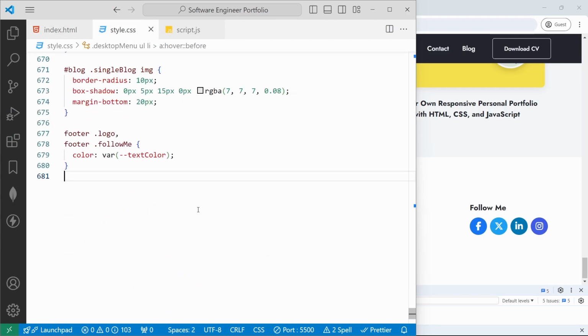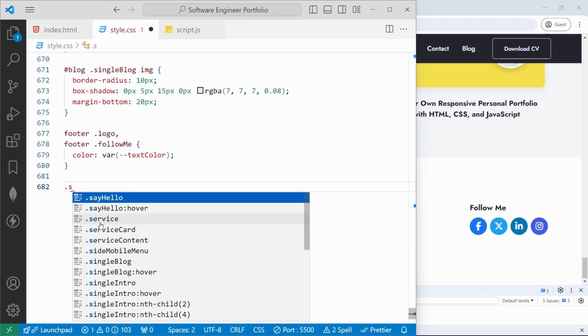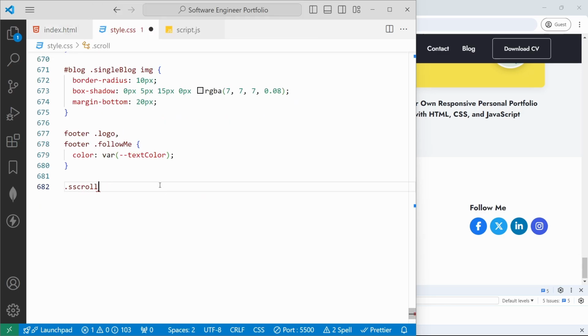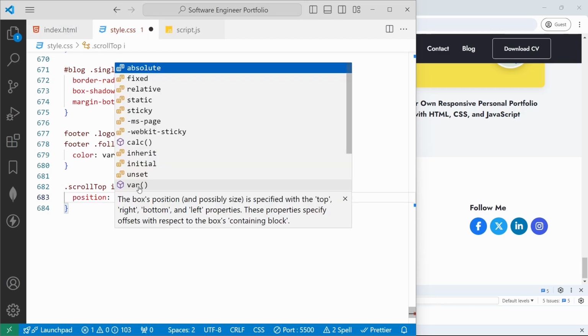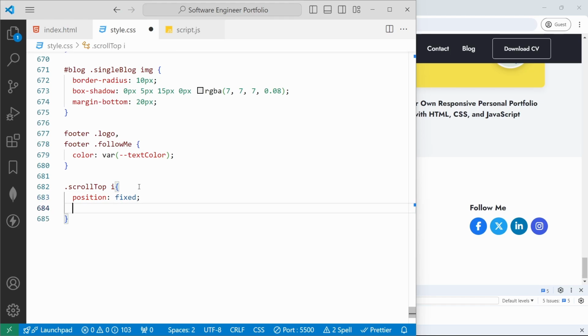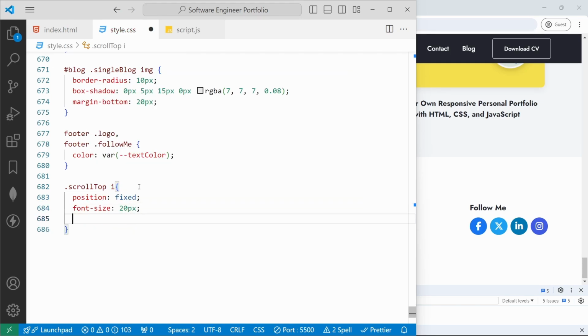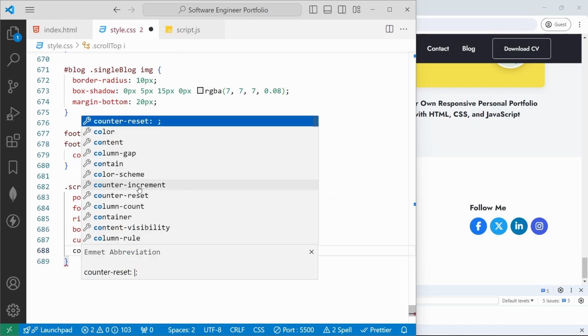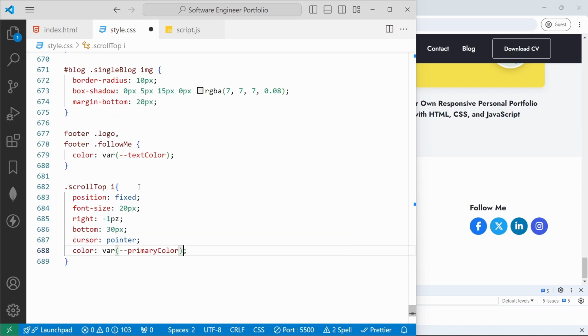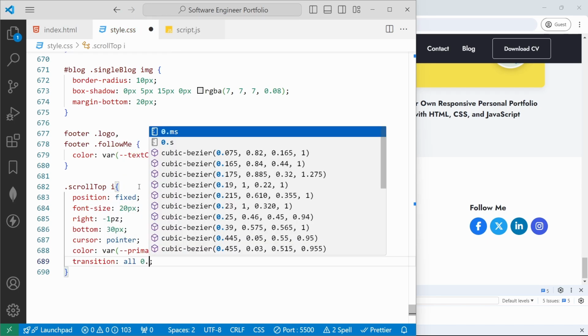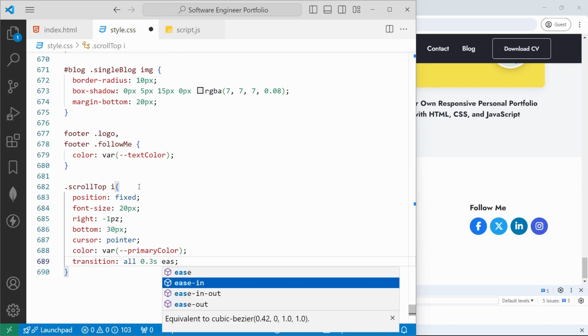In the end of the list, I will add the scroll top class of that icon. Position to be fixed, so it is fixed on the bottom right corner, and then font size to 20px, right to -1px. Then we'll set the bottom to 30px, cursor to pointer. We'll set the color to primary color, and then we'll add the transition of all 0.3 second, ease-out 0